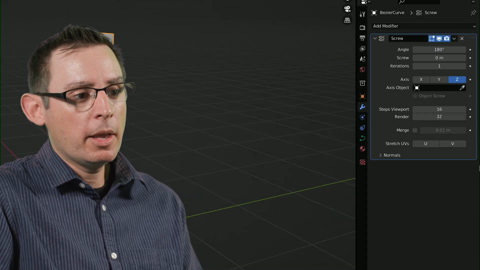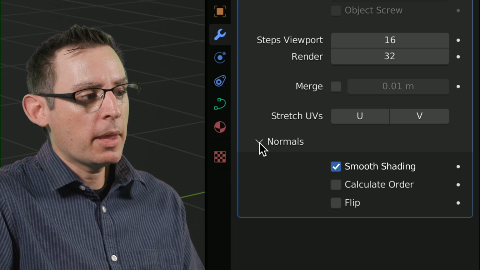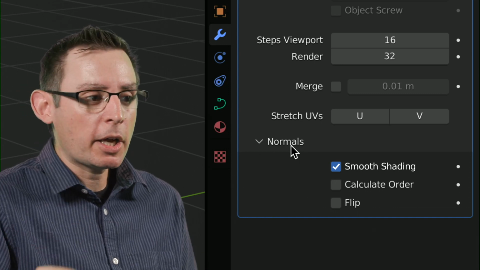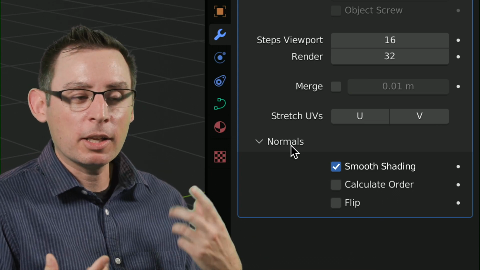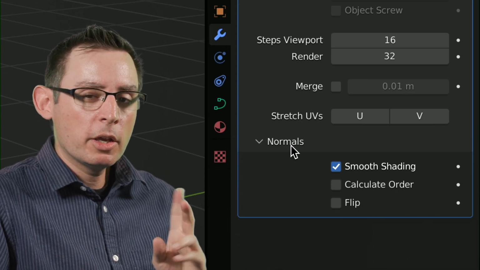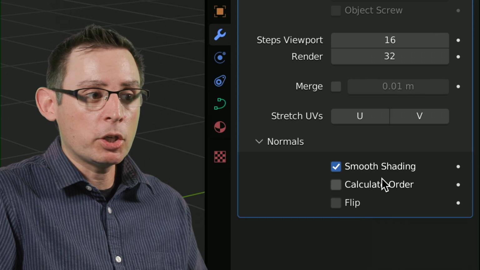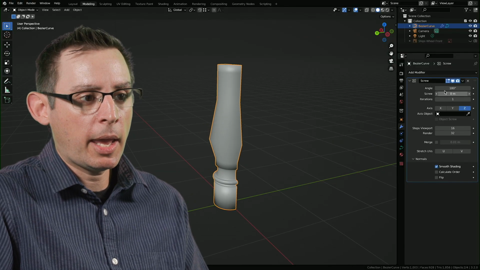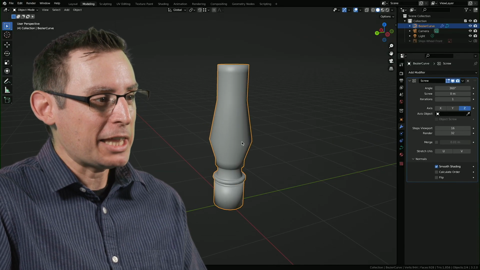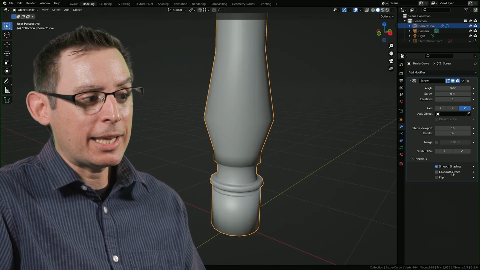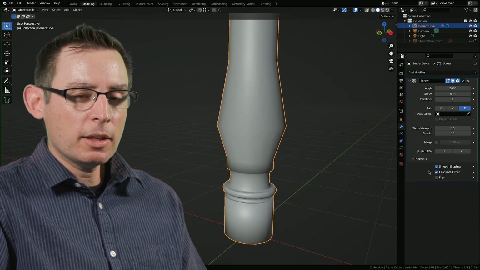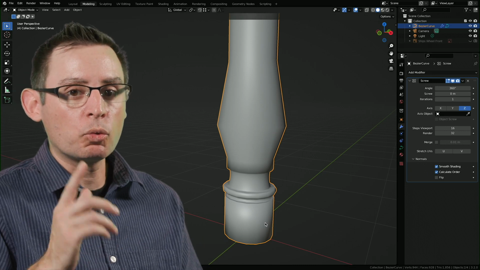Now, the other thing we want to double check is the normals, because it's very common that the normals, the directions of all of these surfaces, get flipped or are out of order. So you may have to experiment depending on what you're producing. Let's put my angle back to 360. I think mine's okay for the most part, but you could calculate the order if you notice the shadows are in the wrong areas.